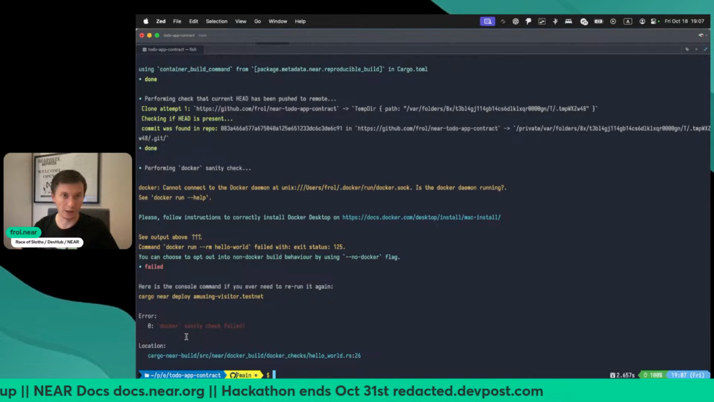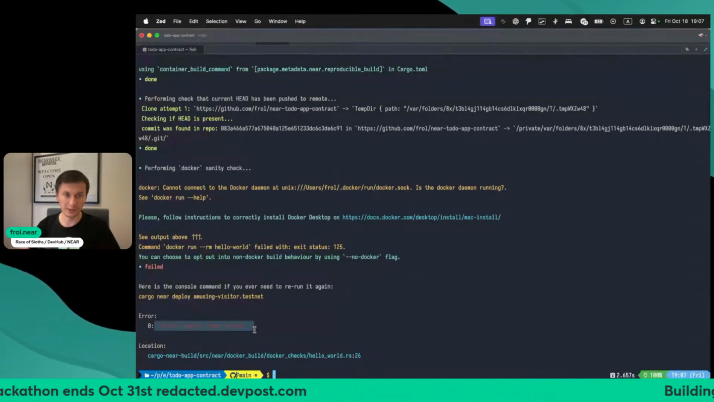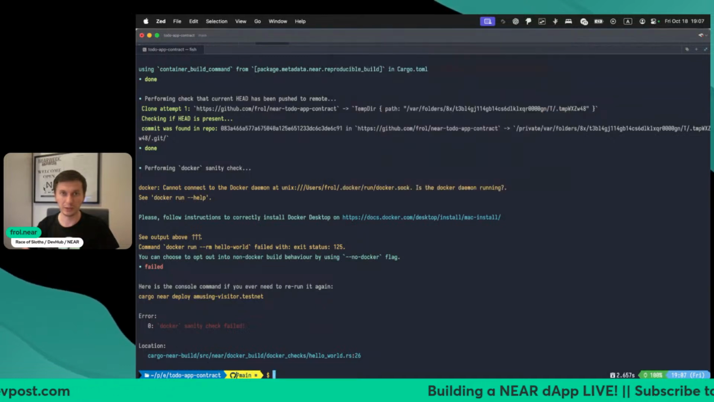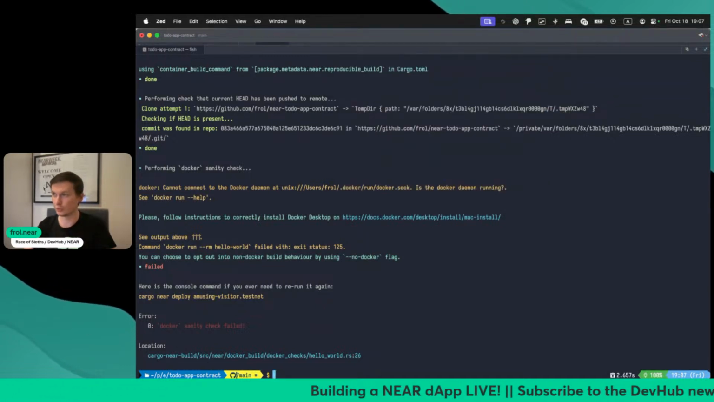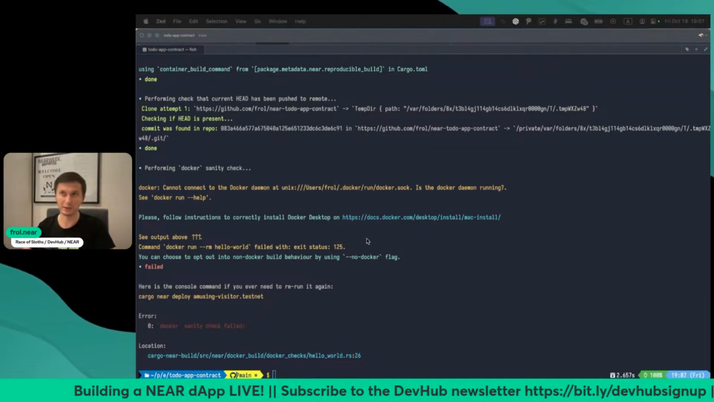Great. A lot of output, but the next problem is Docker. I don't have Docker running. Why do we need Docker? In order to compile the Rust source code to WebAssembly,